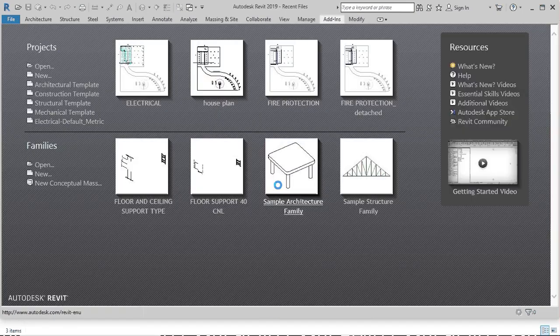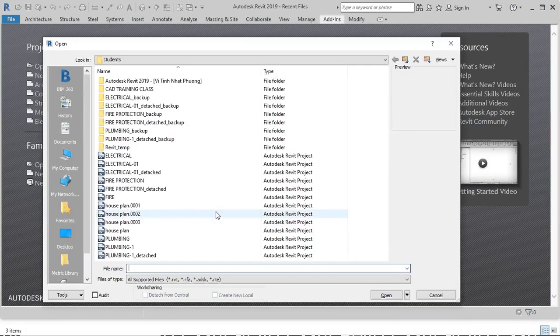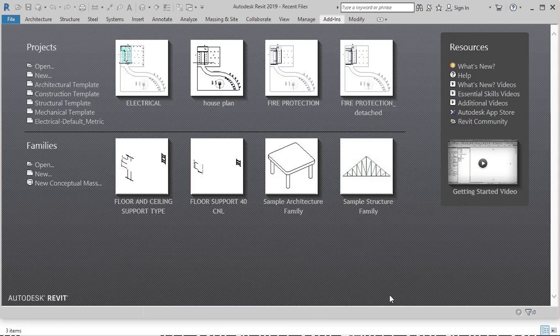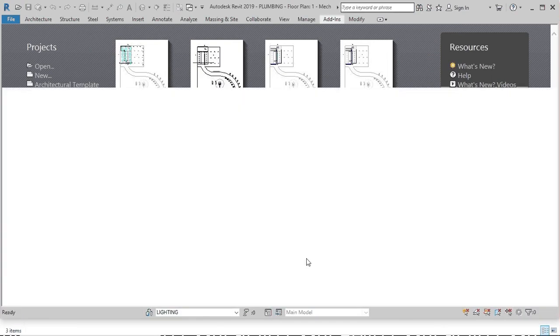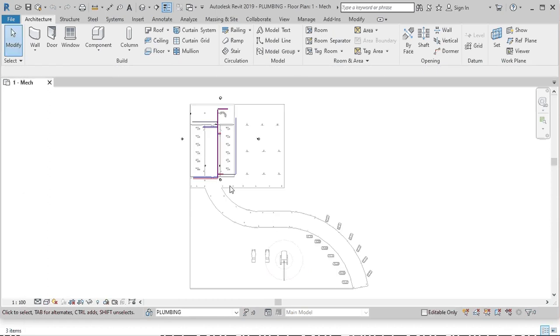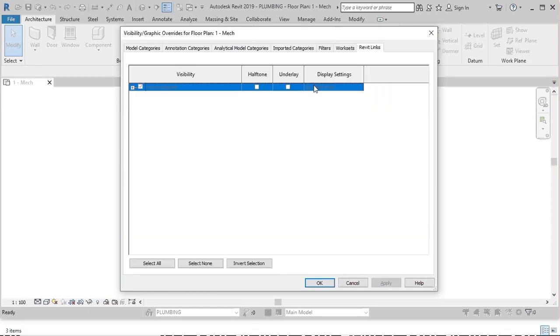After that, I open the plumbing file. The plumbing file I also convert with the same procedure to an NWC file.